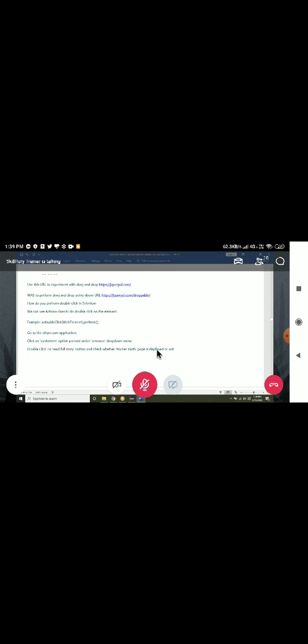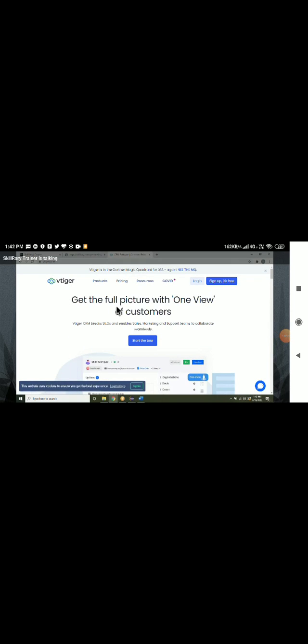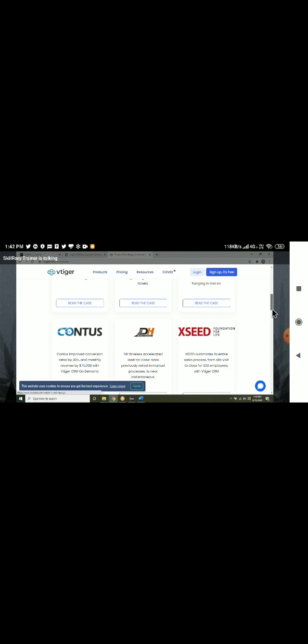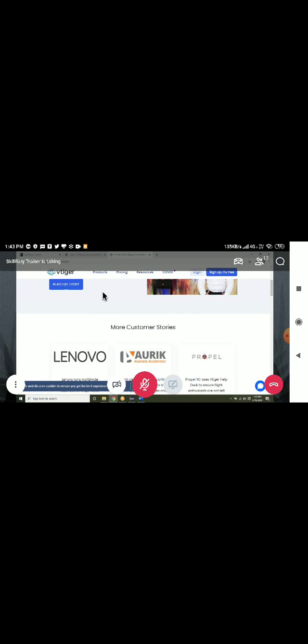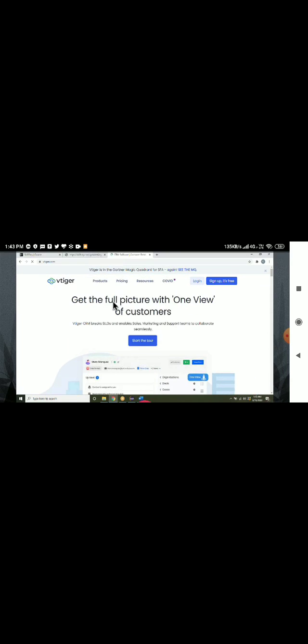Check whether it is Actor. Let me go to that vtiger application first. This is the vtiger home page. Move your mouse pointer to resources. You can select anything, it is not always contacts. If you want to perform anything, you can click on customers also. You can click on this, for example, I want to click on this. You can also do like that. This also you can do. In vtiger, move to your